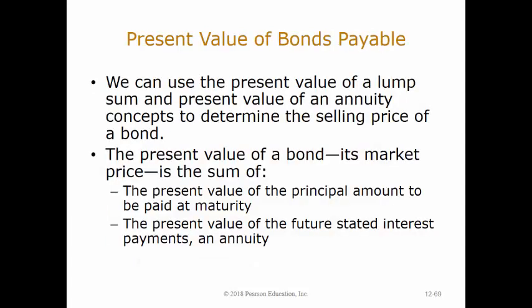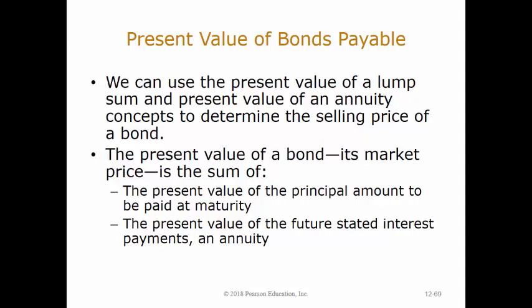$8,424. We can use what we have just learned about the present value of a lump sum and present value of an annuity to calculate the present value of bonds payable. The present value of a bond, its market price, is the sum of the present value of the principal amount to be paid at maturity, a single amount, present value of a lump sum, and the present value of the future stated interest payments, an annuity, because it occurs in equal amounts over equal time periods, or the present value